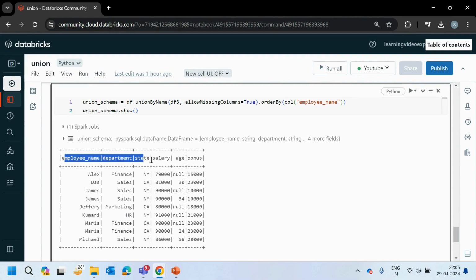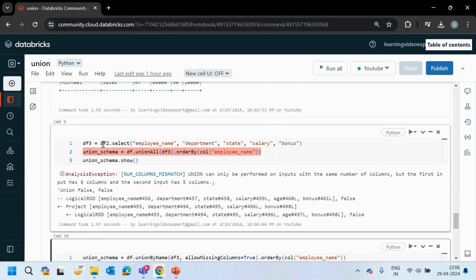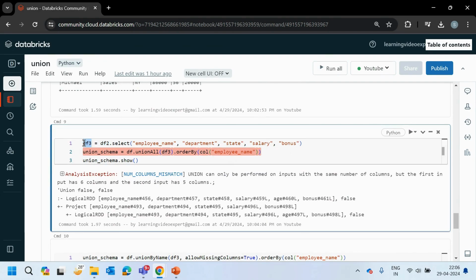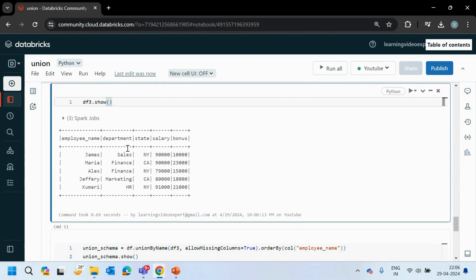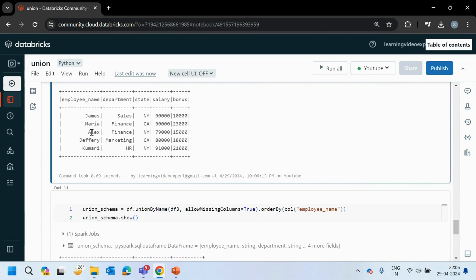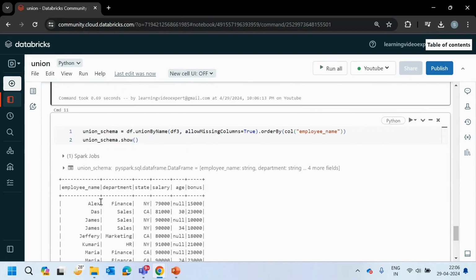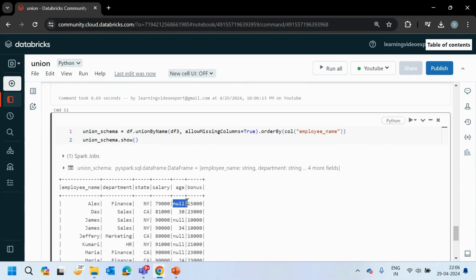If you see, all my columns are present: employee name, department, state, salary, and age. However, in this case, the Alex, which is actually coming from our data frame 2, is actually null. So this Alex we are getting is from data frame 2, that is df3. So let me display this df3. It will be much more clear to you. So I have done a df3.show. See, the age column is missing and the data we have is Alex. So what it will give is, for Alex, age as null.